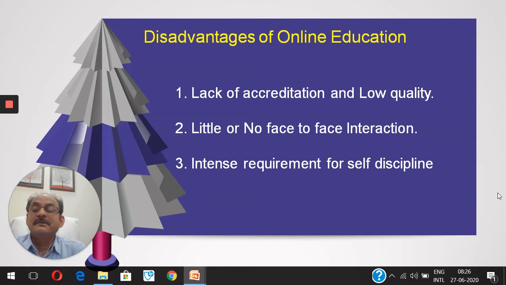But in the same way, there are some disadvantages. Now, what are the disadvantages? I have quoted only three here. Number one, lack of accreditation and low quality, so that you can easily understand. Number two, little or no